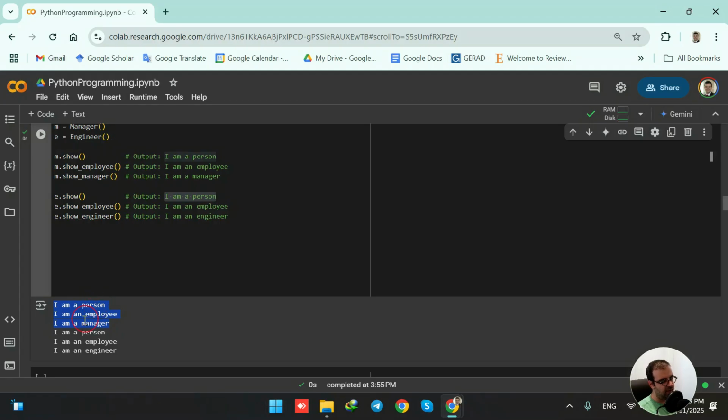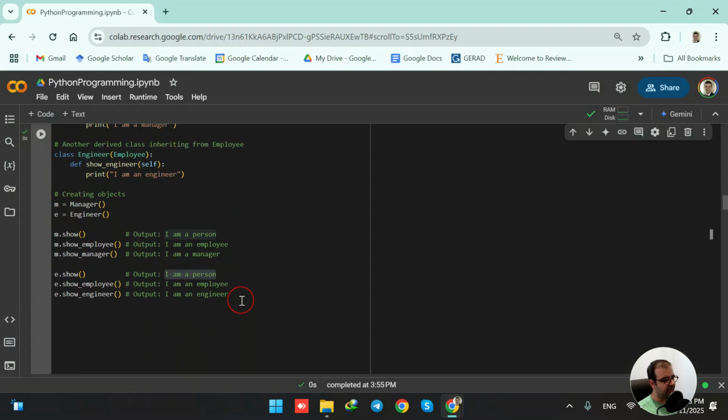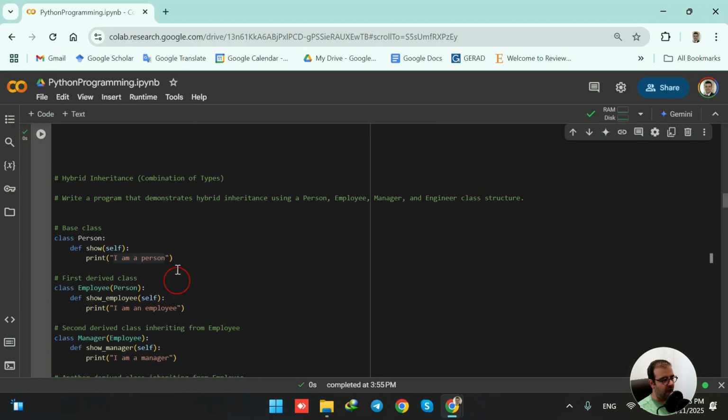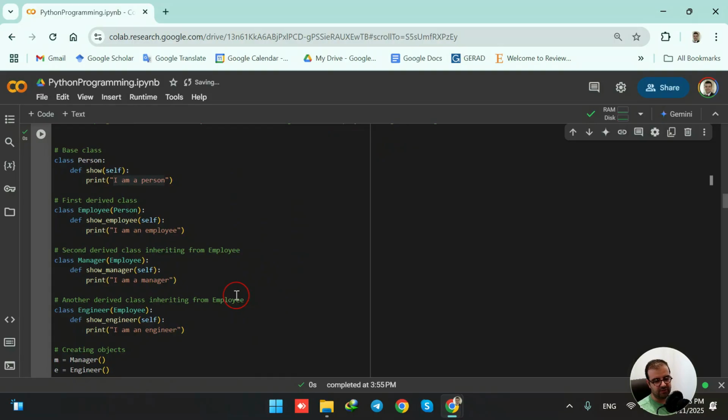I'm a person, I'm an employee, I'm a manager using the manager class object. Then using the engineer object, we are having these three messages: I'm a person, I'm an employee, and I'm an engineer. So we see that we could have a hybrid inheritance, and using the objects, we could have access to different